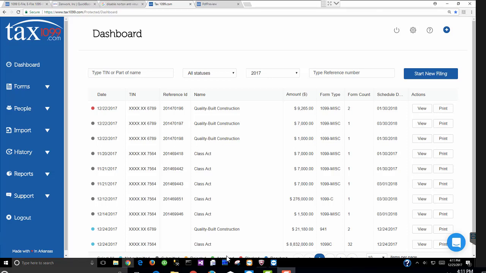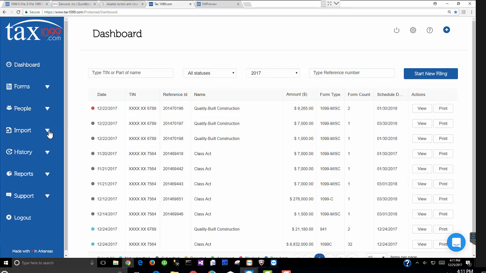The Tax1099.com plugin works with QuickBooks desktop versions as far back as 2010 and all the way up through 2017. It works with Pro, Premier, Accountant, and Enterprise. If your QuickBooks desktop instance is hosted, you may need to work with your IT department or your hosting company to complete the process. I'm going to show the standard process, someone who's working with QuickBooks Desktop on a single